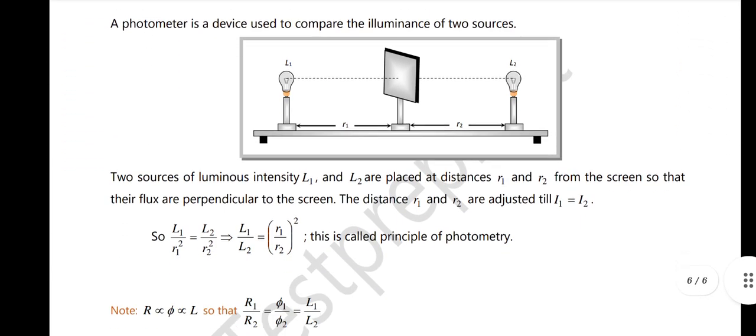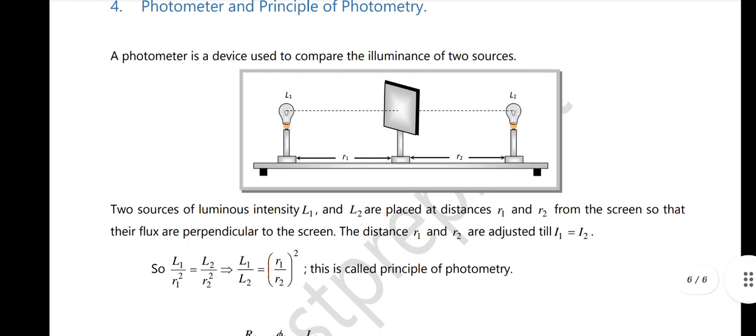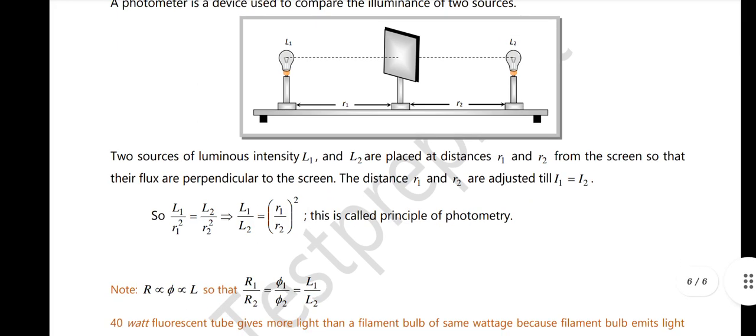Now the final concept of this photometry chapter is the photometer and the principle of photometry. A photometer is a device that is used to compare the illumination of two sources. The sources of luminous intensity L1 and L2 are placed at distances R1 and R2